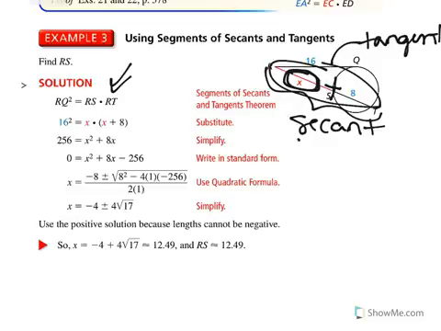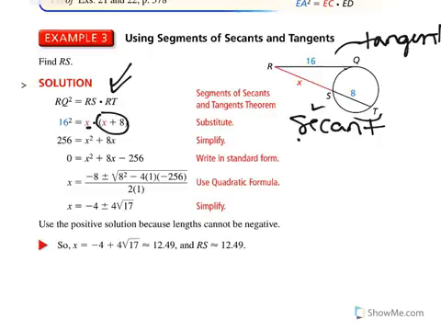So if we plug these in, we have our tangent line, which is 16, and we have our outside piece, which is x, and then our whole line is x plus 8. Okay, so we get 16 squared, which is 256, and then when you distribute your x, you get x squared